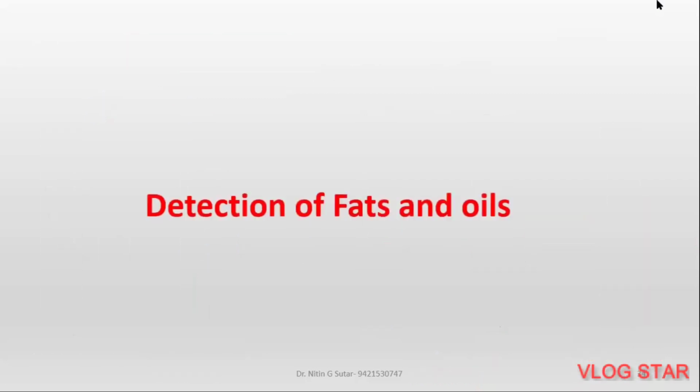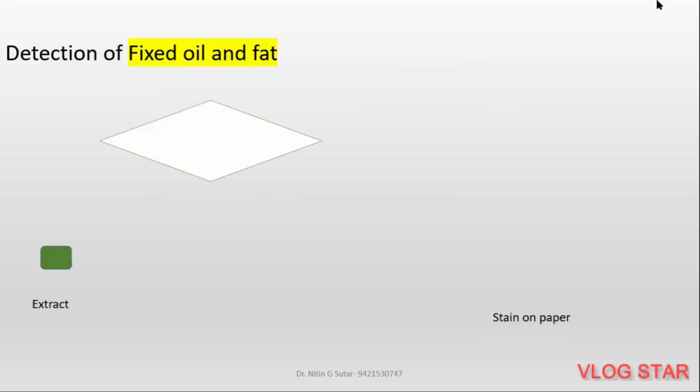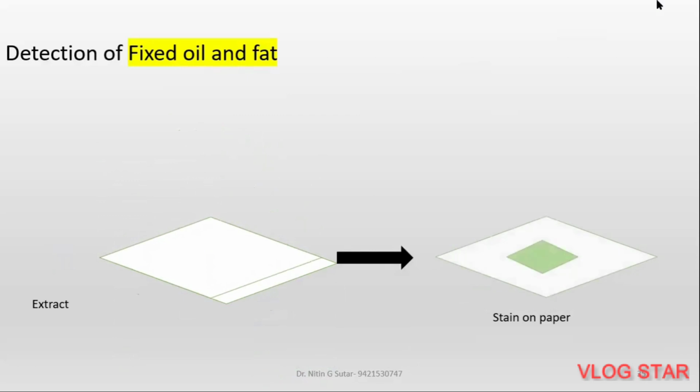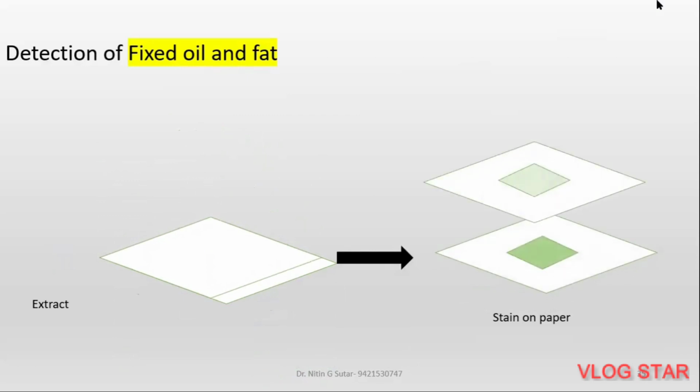Okay. Next one is the test for fats and oils. Some plant materials such as seeds and leaves contain fats and oils. To test for that, you take the extract, then take two filter papers. You press your extract between two filter papers, or sandwich your extract in a filter paper. Keep it aside for a few minutes. Then remove the filter paper. A stain is observed on the filter paper that indicates that fats and oils are present.